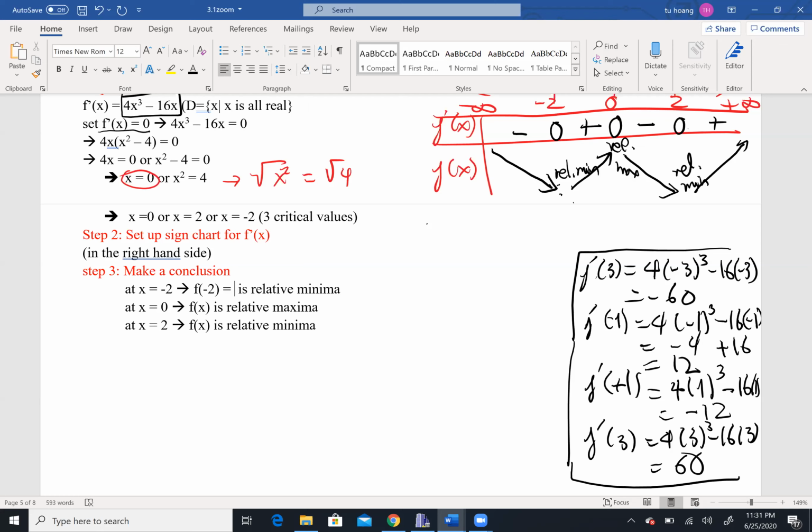It's going to be 4 times negative 2 to power 3 minus 16 times negative 2, equal to